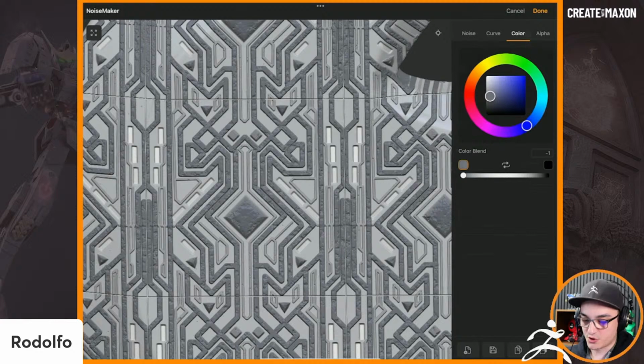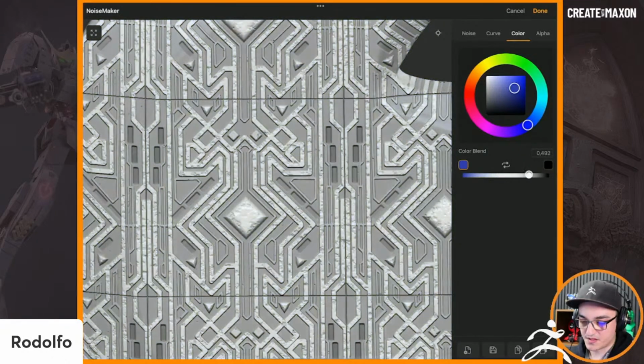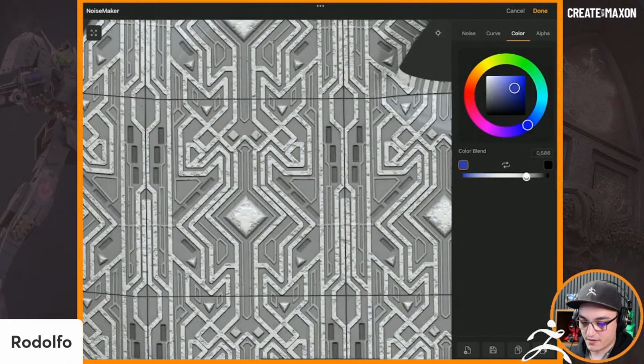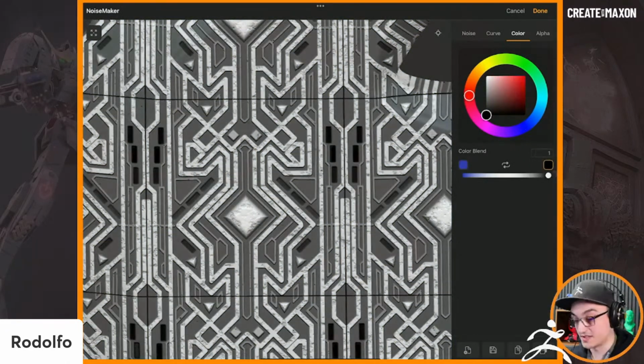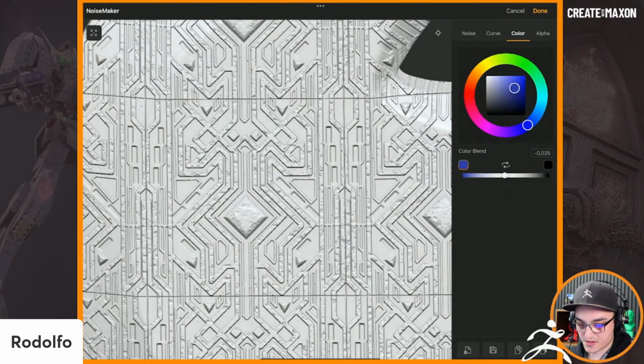So I can choose which color I want to interpolate between the highest points of that surface noise and the lowest points of that surface noise. In this case, it's basically going between this blue and this dark. This actually is pure black. Well, it's not really pure black. Otherwise, it would be transparent in this case. But I can go and put this back to 0. And if I do 0, it's basically not going to mix